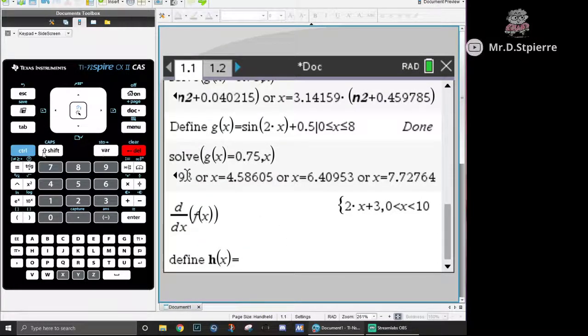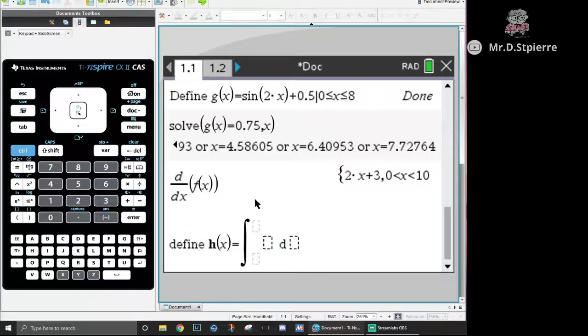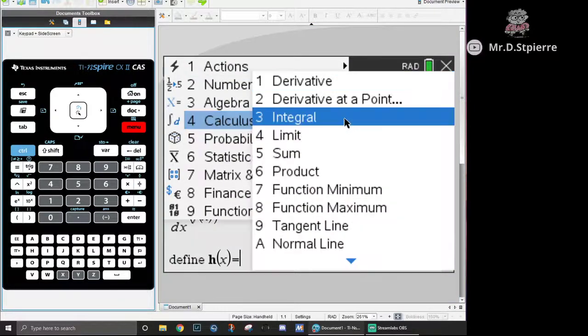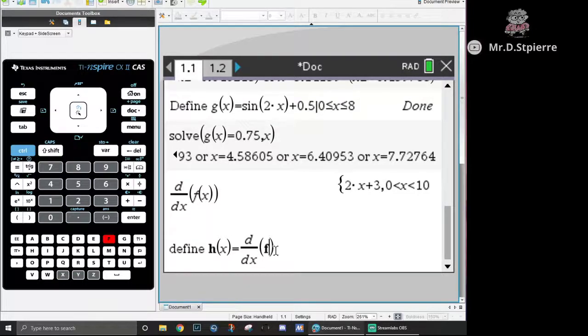and instead of me doing shortcuts, let me show you how to do this properly. What we're going to do is store the derivative as a new function called h of x. Now we can't actually type f dash and things in our CAS, but we can just use a different letter. So if we remember f of x is the original function, well, we can store the derivative of it and just call it h of x instead. So if I go menu, calculus, derivative, I'm going to take the derivative with respect to x of f of x,